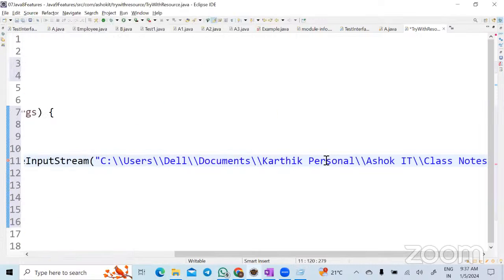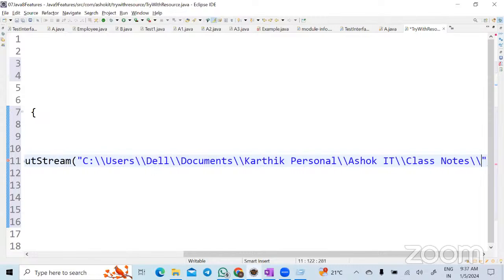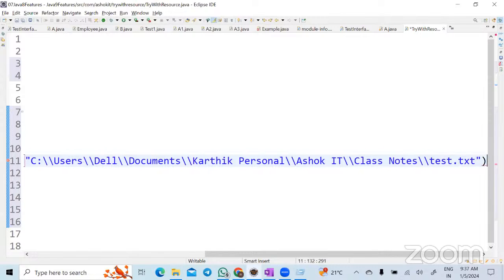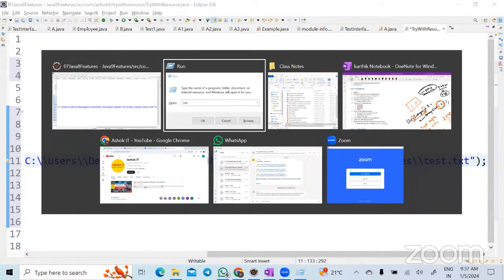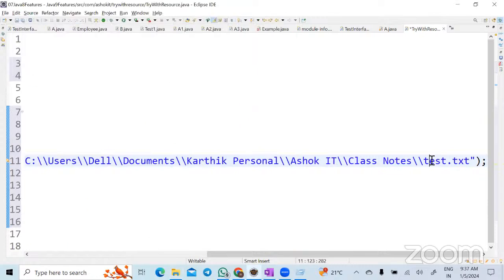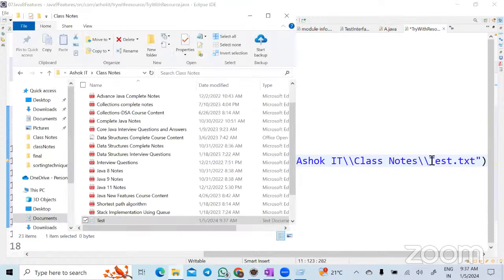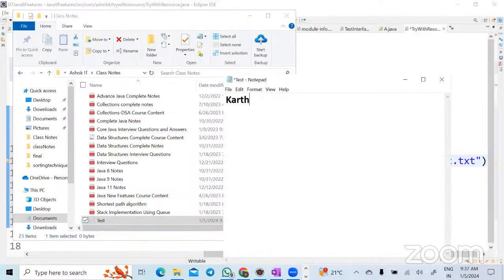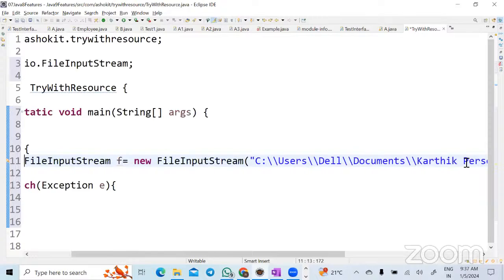I'll give the class node path, Test.txt, with capital T. Now let's open this file and write something: Karthik is teaching Java 9 something. Now, if you are executing this,